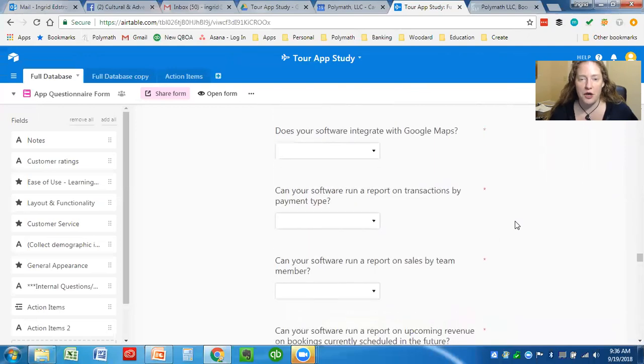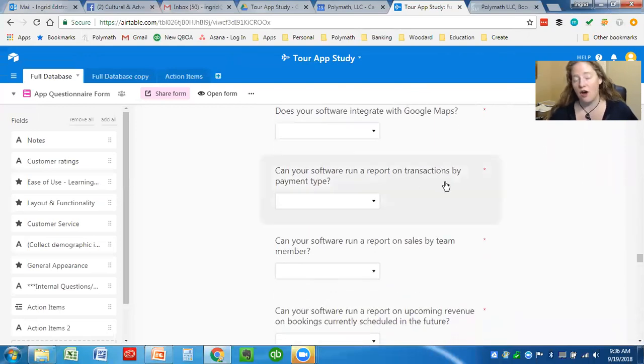As far as reports go, it's important to know whether a software can run a report by payment type, because that's one of the main reports that we use if we need to export data from that software to input using Transaction Pro. We need to know how was that money collected, how it got to the bank. So if it's by credit card, it's going to be batched in one way. If it was cash and check, then you probably took it to the bank manually or sent it in, something like that. So we need to know by payment type how those things came in.